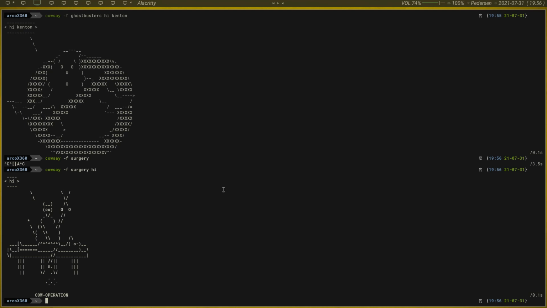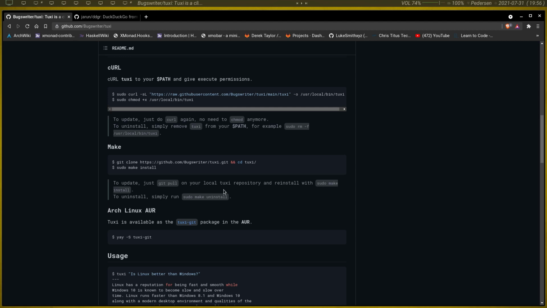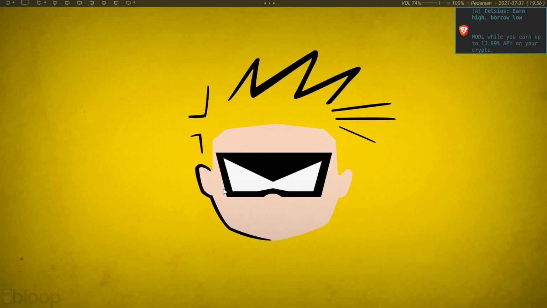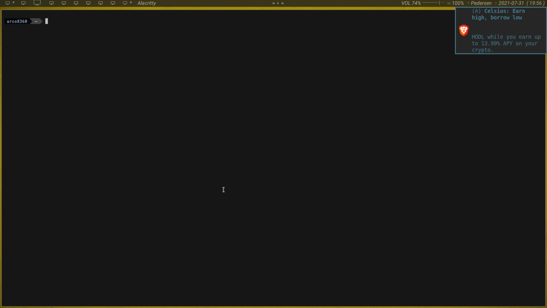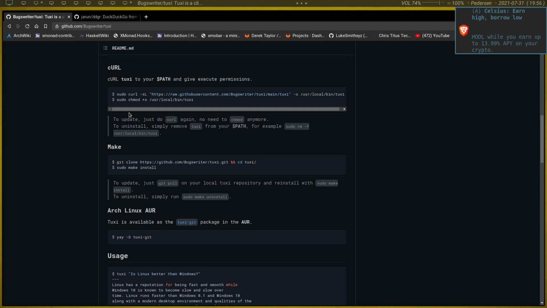are fairly helpful. So if we go over to the Brave browser here, one of them is by a guy named Bugs Rider, and he's got this program called Tuxedo. Tuxedo's kind of like Alexa. We'll go back to his page real quick. You can either use curl or make to install it, so you can git clone it and then sudo make install, or if you're on Arch, you can get it from the AUR, or you can use curl. But if you go to his GitHub, Bugs Rider for Tuxedo, and download it and install it, it's actually pretty